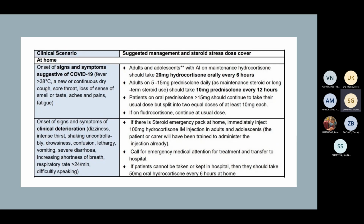If the patient has onset of symptoms such as dizziness, increased uncontrollable shaking, or more severe symptoms like confusion, lethargy, vomiting, severe diarrhea, there is a steroid emergency pack that is usually given to the patients. We have to teach them to inject 100 milligrams hydrocortisone in adults,